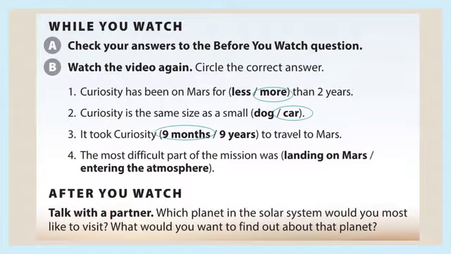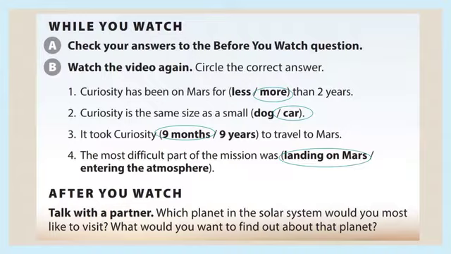So remember the video that, it says that, well, basically at some point of the video it said now is the most difficult part. And if you remember in this one, what is the answer? Well, the answer for this one is landing on Mars, because basically the easiest part, maybe, well, not the easiest, but an easy part of the mission was to enter the atmosphere of Mars, but the most difficult was landing on the planet. So it says, after you watch, talk with a partner, which planet in the solar system